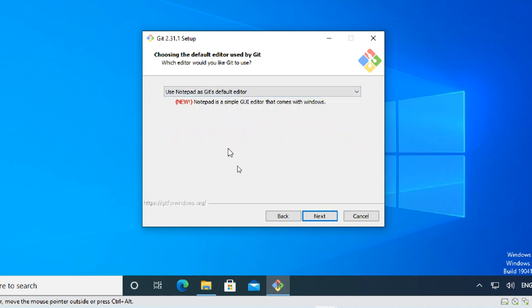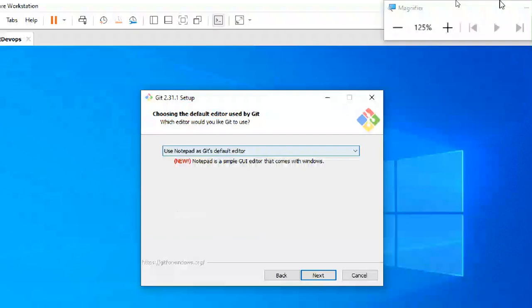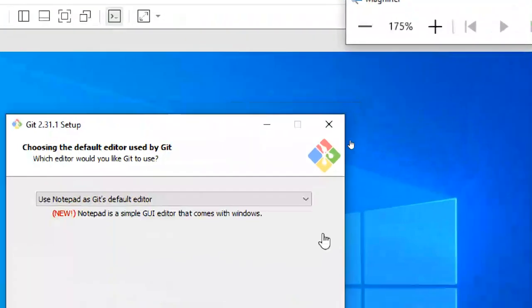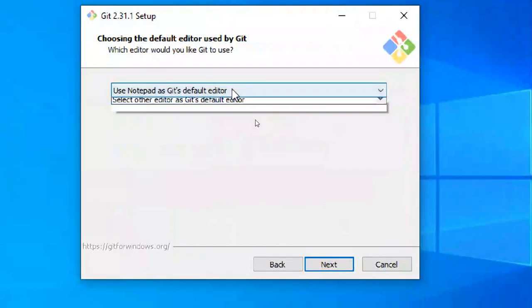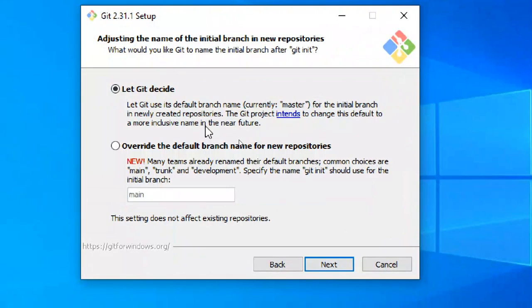Notepad as a Notepad. You can use anything. We are in Windows. Better to put a Notepad type of editing. Okay, as Notepad. If you still remember Vim editors and all, you can use that one. Otherwise, you can use other editors.